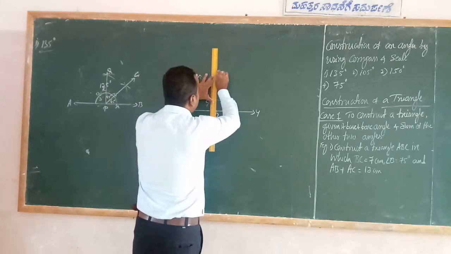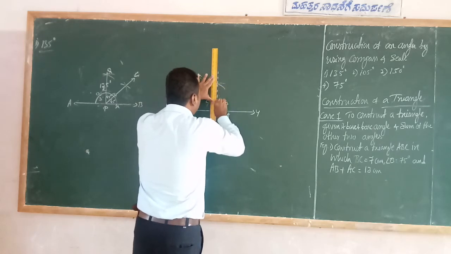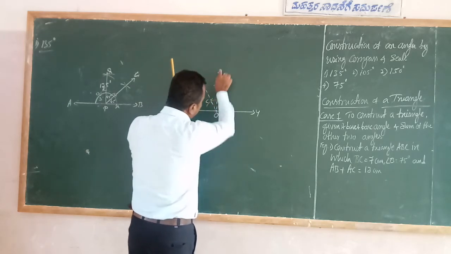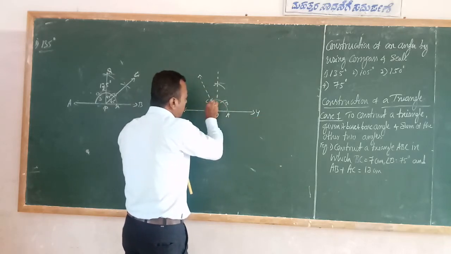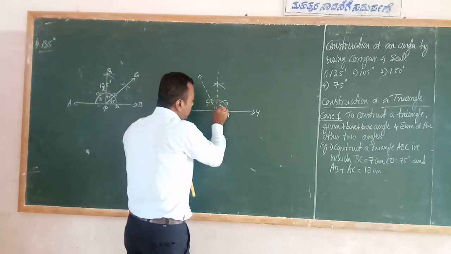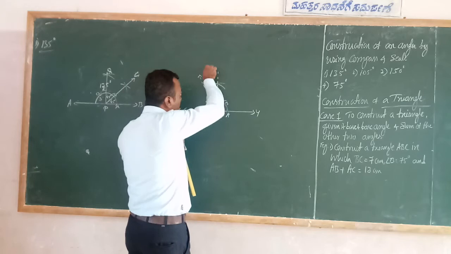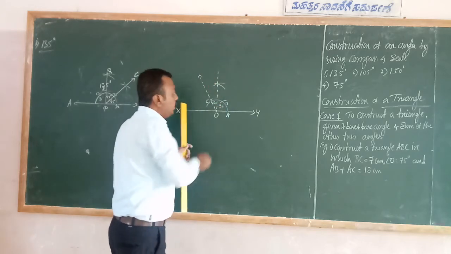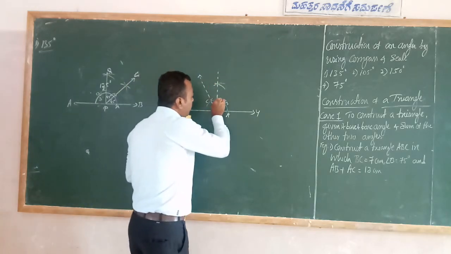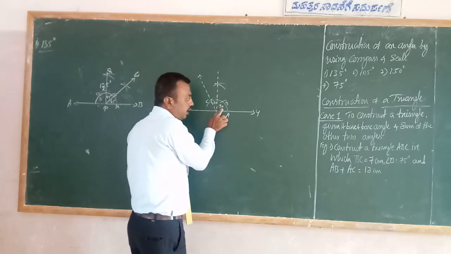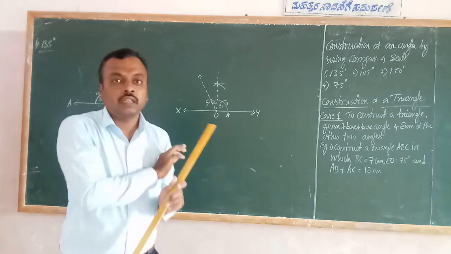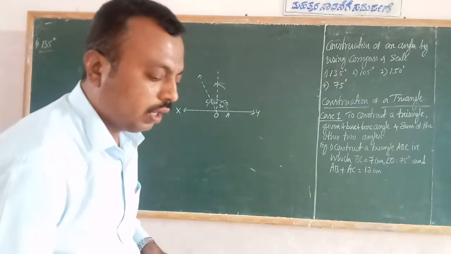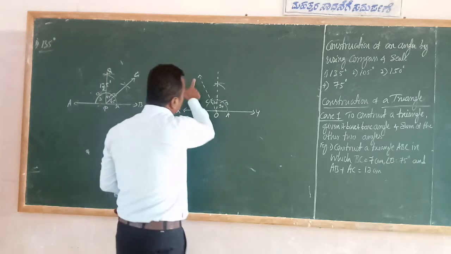This becomes 90 degree. Okay, this is 90 degree. This is 120 degree. So this is 90 and this is 30. If you bisect the 30, we get 15 degree. I want 15 degree only because I already got 90. So the remaining 15 degree I want. 90 plus 15 is 105 degree. That's why, now we have to bisect this angle.